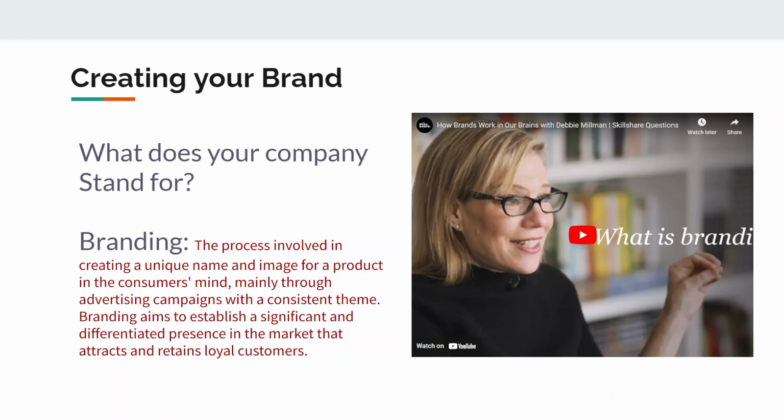But here's your formal definition. Branding is the process involved in creating a unique name and image for a product in the consumer's mind, mainly through advertising campaigns with a consistent theme. Branding aims to establish a significant and differentiated presence in the market that attracts and retains loyal customers. What that means is you are creating a face of the company, an identity. So when they look at your company or they think of your company,